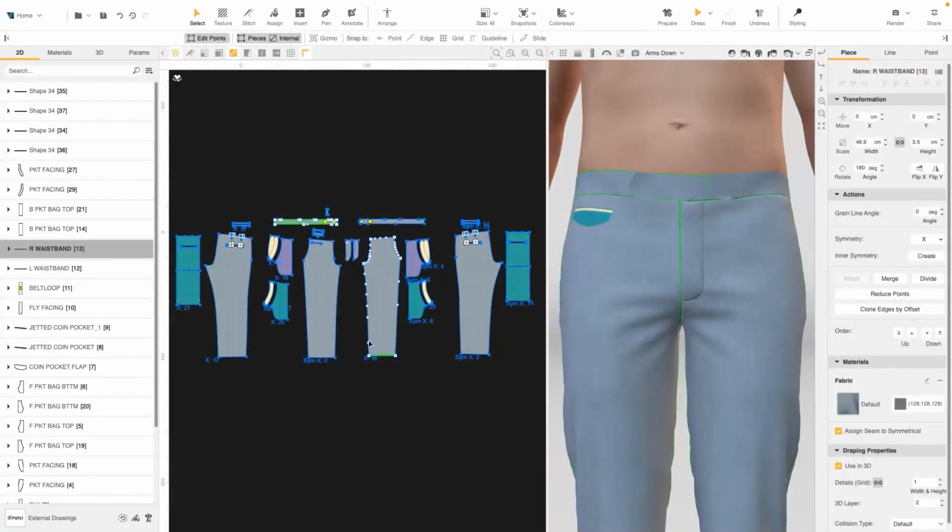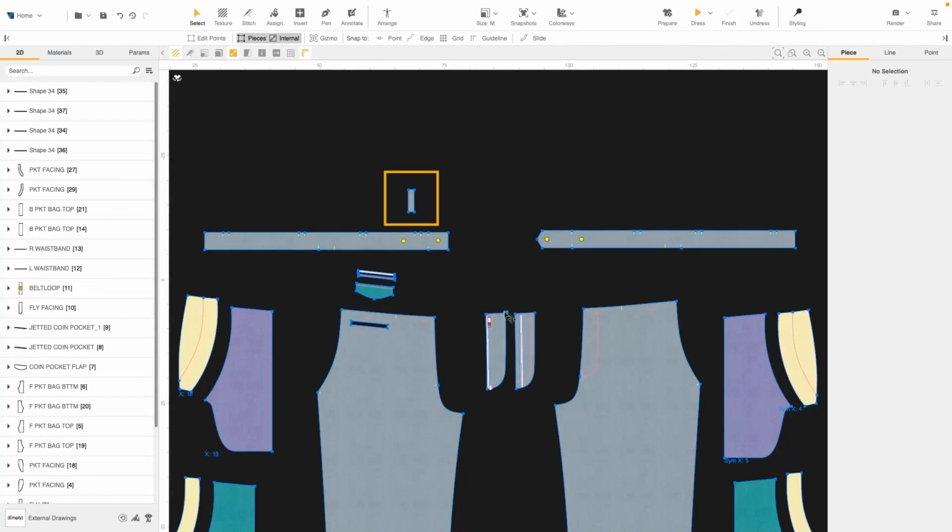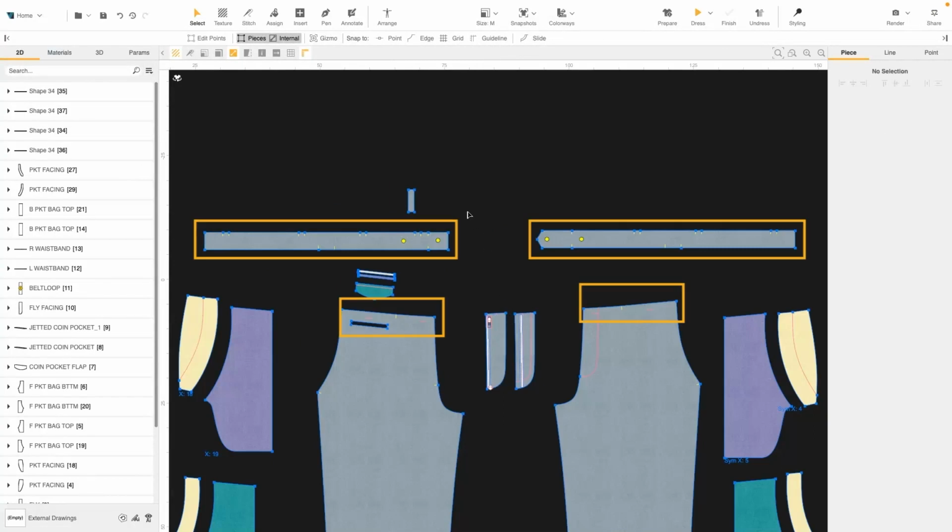We have almost completed the trousers. In this lesson, we show how to add belt loops to the waistband of the trouser. In the 2D window, we have the belt loop pattern. There are already markings on the waistband and the leg patterns, so we know where we need to stitch the